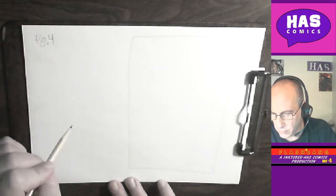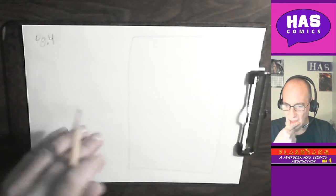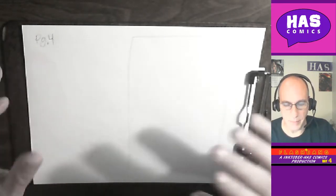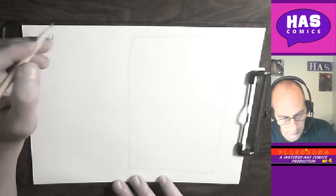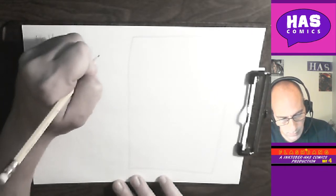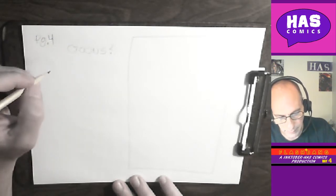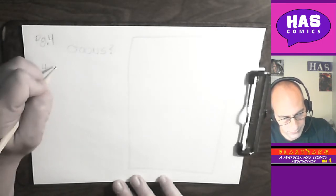Okay, so page 4 is sort of taking a step back in time from the scene that's been developing. And what I want to focus on for this page is the Goons. And who are the Goons, you may ask? Well, I'm going to make 4 of them. Coincidence that I'm on page 4. And we'll simply number them